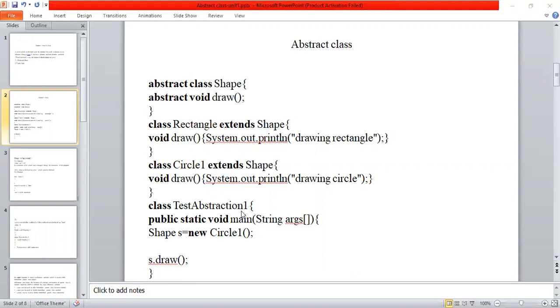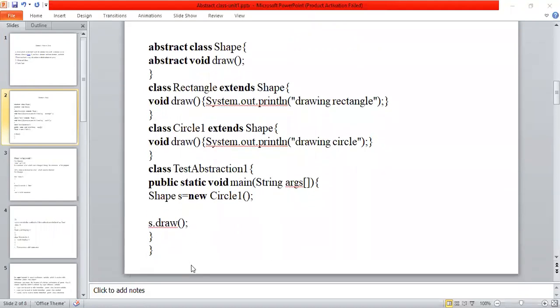So here I created a reference to the Circle class, and this is an object of Circle. s.draw: here I'm trying to draw the Circle class object, so I wrote s.draw, which is going to draw using the Circle class method.